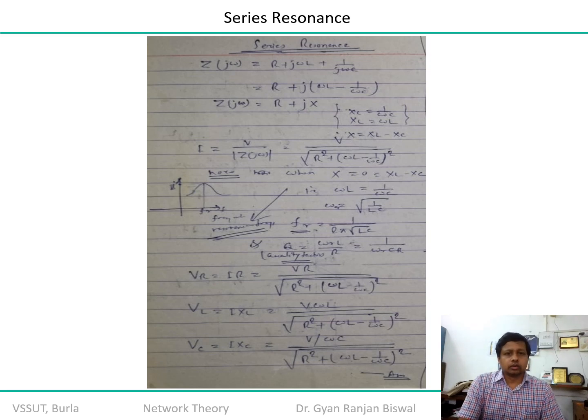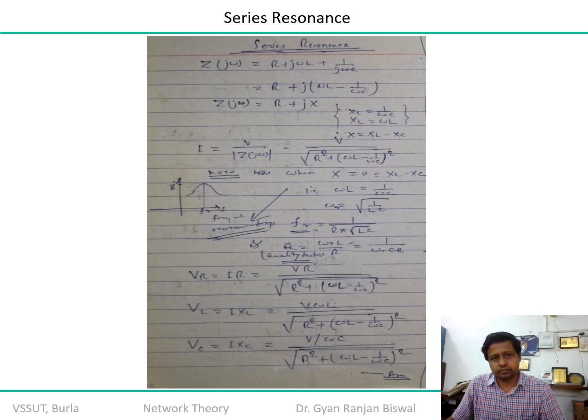Okay. So some more facts about the series resonant circuit. Similarly, you consider the resistive network. In that way, you can also consider the inductive or capacitive network, XL or XC. And what if the tuning is going to occur with that particular reactive network, either inductive or capacitive in nature? You know that in any inductive or capacitive network, at the point of resonance, X is equal to 0, XL minus XC should be equal to 0. In other words, omega L should be equal to 1 by omega C, or you can say the resonance frequency should be equal to 1 upon root over of LC.